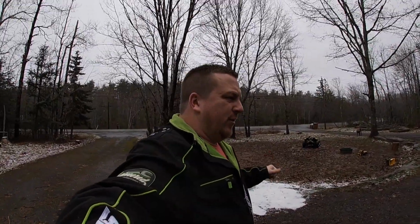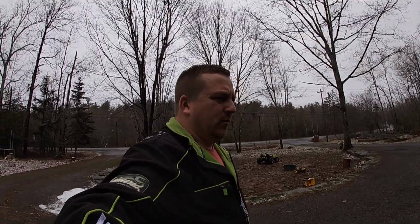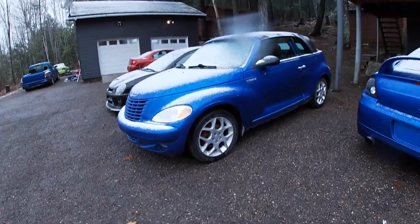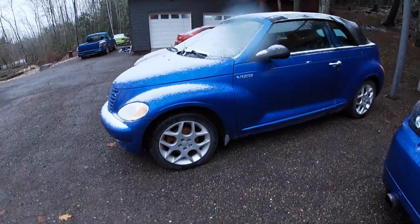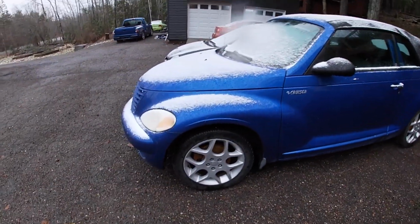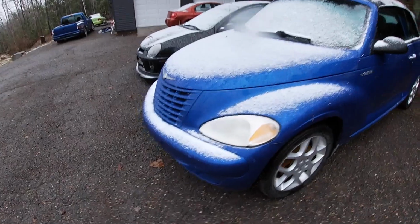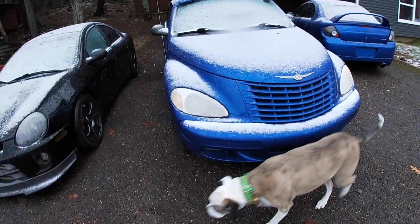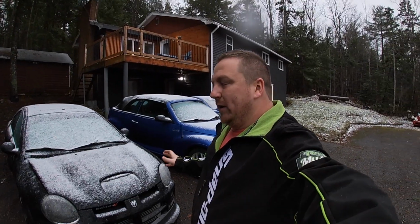For anyone that is familiar with the channel, you'll know that I did pick up the other day, just by coincidence, an 05 PT convertible. So here is my PT convertible. I did put SRT rims on it just because I had them lying around, and they had winters on it, surprisingly. So this is an NA 5-speed 2005, which is the same wiring harness as the PT GT over there. So if we could buy it back,